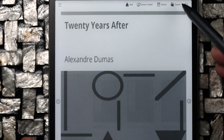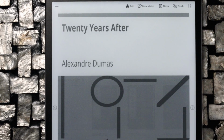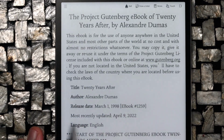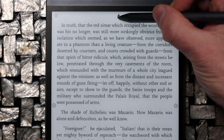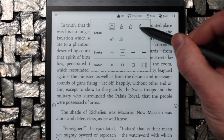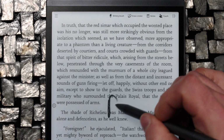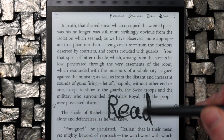Oh, wait, I have touch turned off. Normally, by default, touch is going to be turned on, and that's going to allow me to finger swipe the pages. Let's say I want to take a note. I want to go to my pen. I want to choose a brush, and I might want to make it a little bit thick so I can see, and I'll write read. Now, if I made a mistake,